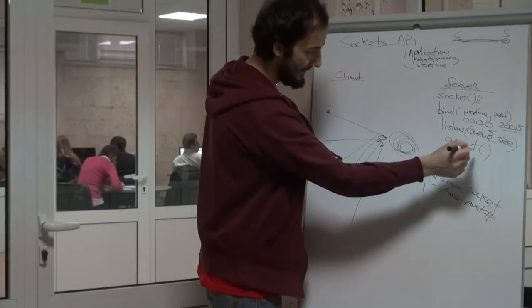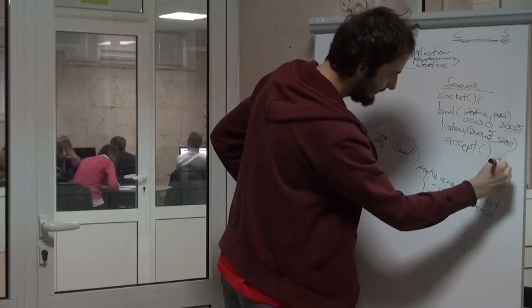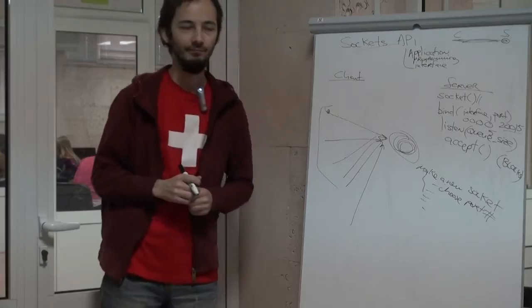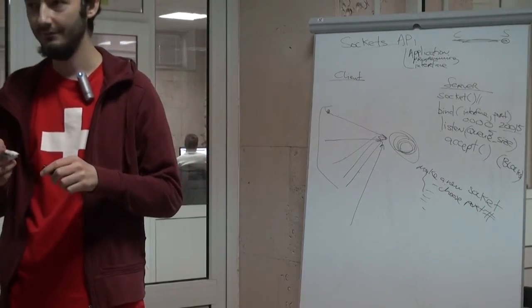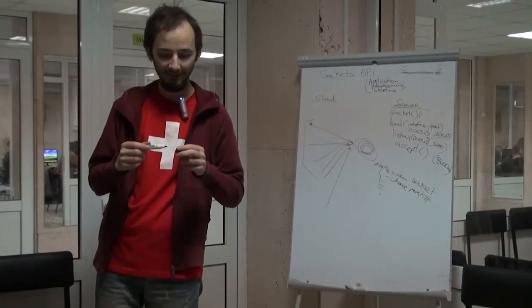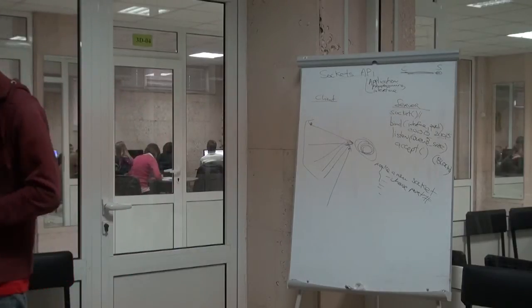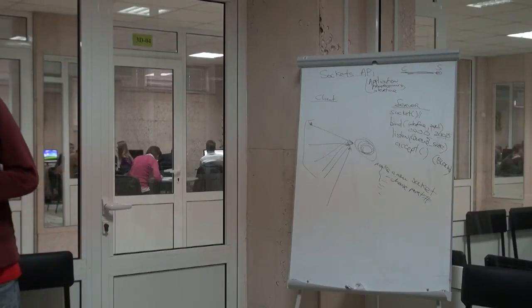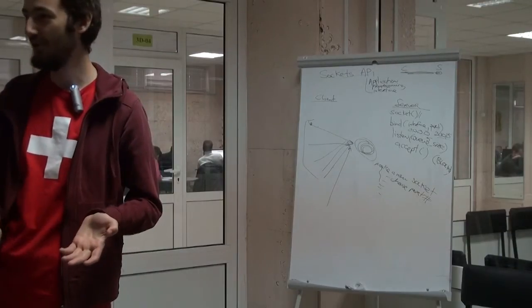When you call the accept function, several things happen, and one of them is that this function blocks. What does it mean that a function is blocking? We have 2 answers, and I'm going to ask you. I assume you don't know. Who else can tell me? What is a blocking function?